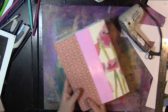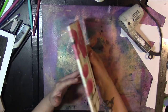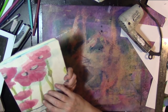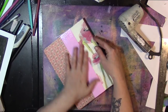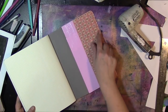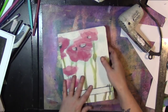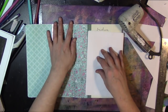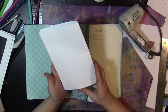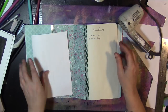I covered the cover itself with, this was an old piece of what's called printed canvas from Donna Downey Studios, which I purchased about, I think, like 5 years ago. And never used, so it felt like it was appropriate with the pretty flowers on it. And then this is a piece of duct tape, and this is just a piece of scrap of paper to finish it off. I did the same on this inside back cover and left the folder intact so I can use this to store stuff. The front, again, is just for my index, and I think I might put an envelope here so that I can store this pamphlet that I made just by stapling these pieces together in an envelope in the front of